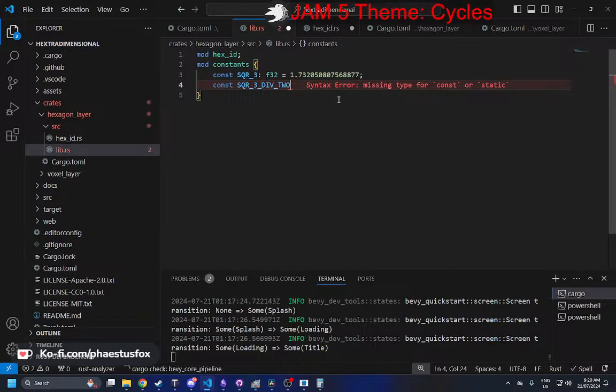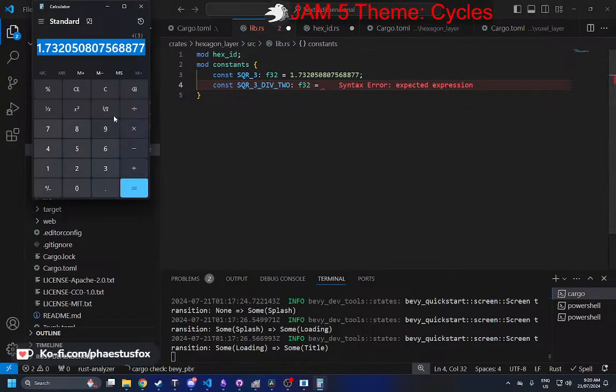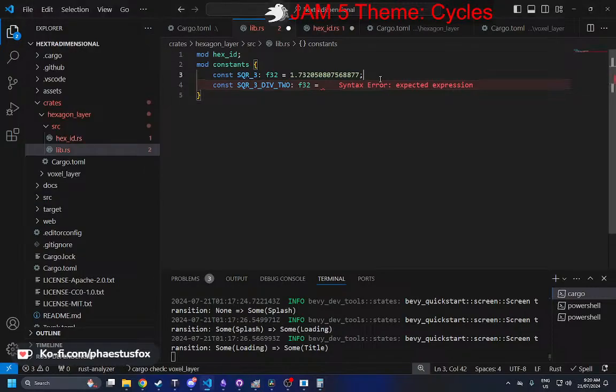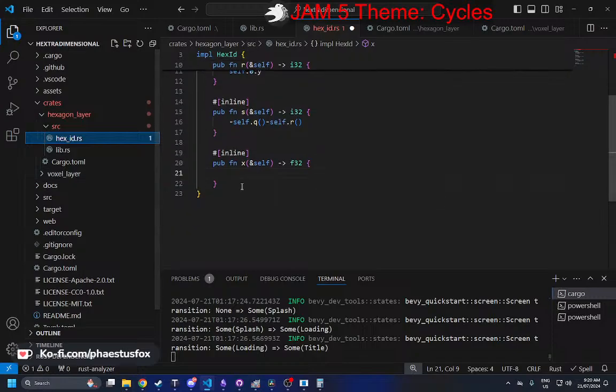And it's also an F32. That equals, it should be 2... it should be like, yeah, 866. So we'll just do that. These are important constants for doing hexagon code because I think if we do it, I don't know which way it is, but it's like